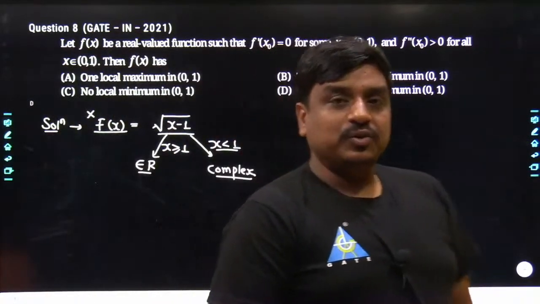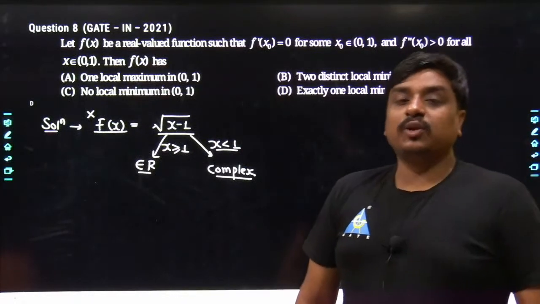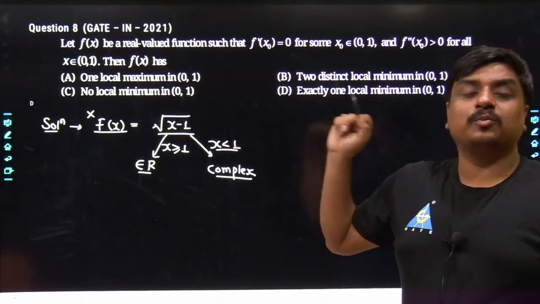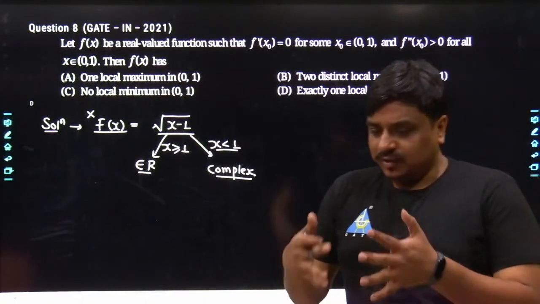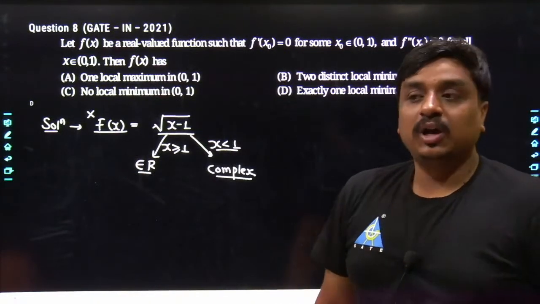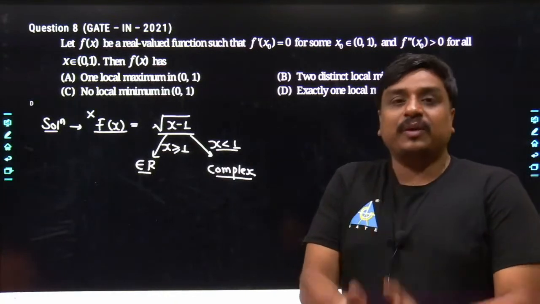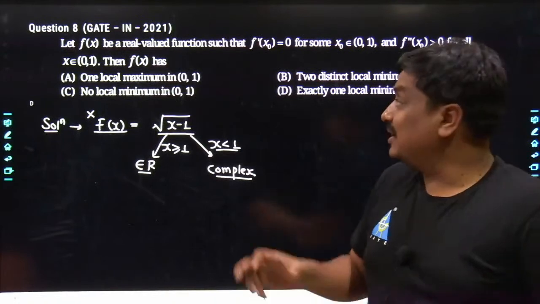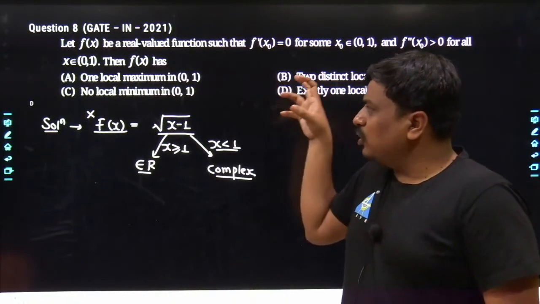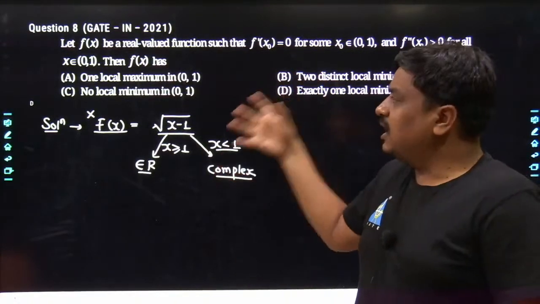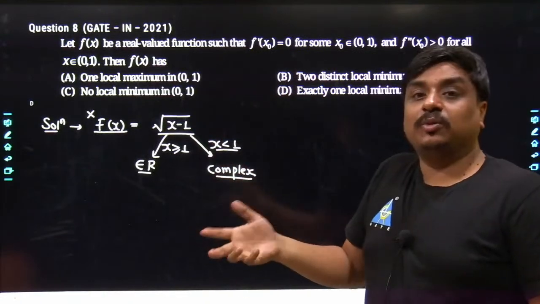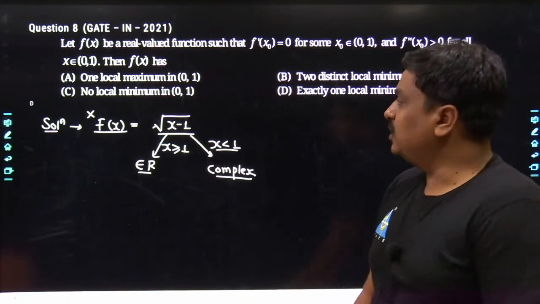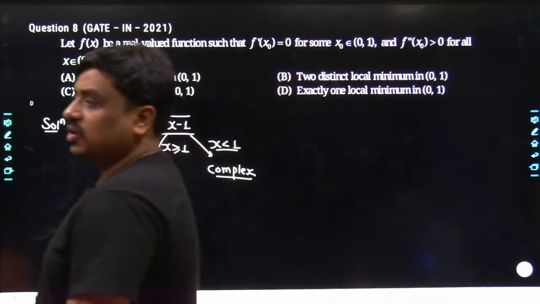So I would request each one of you to read this problem carefully and try to decode what would be the most appropriate answer. It is a theoretical and conceptual problem. Otherwise, problems framed from the concept of maxima and minima used to be numerical. But here, rather than designing the problem in the numerical domain, they have designed it in the theoretical domain. So until and unless you are thorough about the concept of maxima and minima, probably you are going to get stuck here.